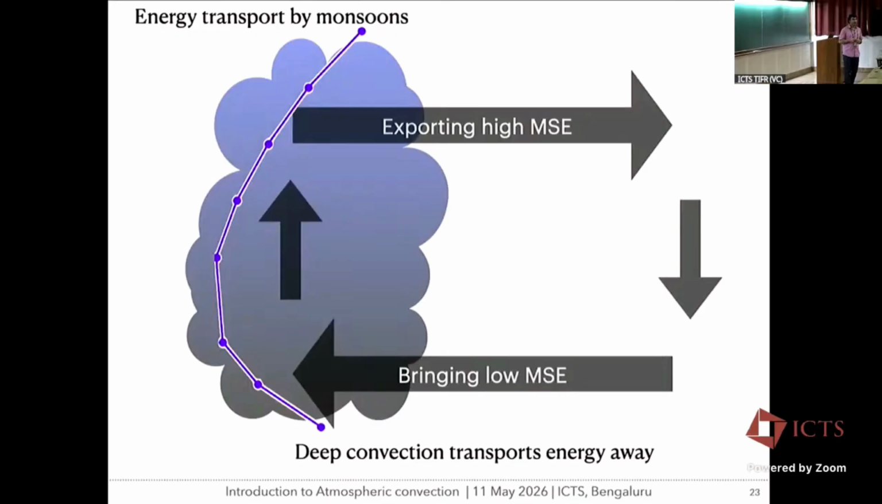It will export high MSE and bring in low MSE. So this will be a key concept we will use to look at monsoons under this energetic framework. That is, it exports high moist static energy from convective regions and brings in low moist static energy. So deep convection,